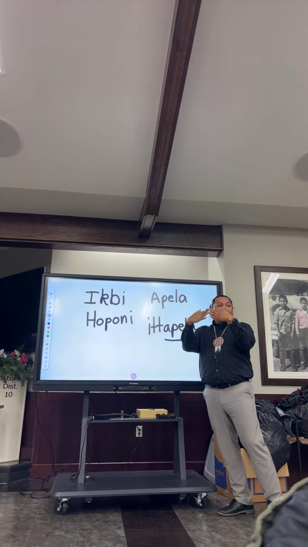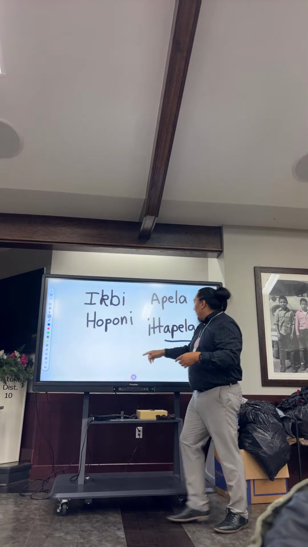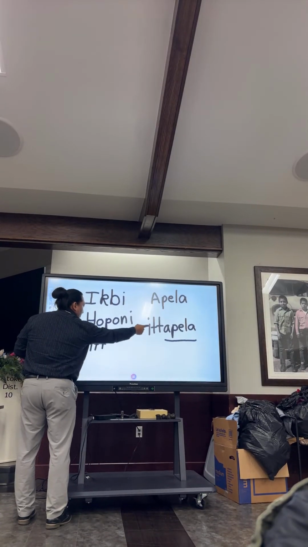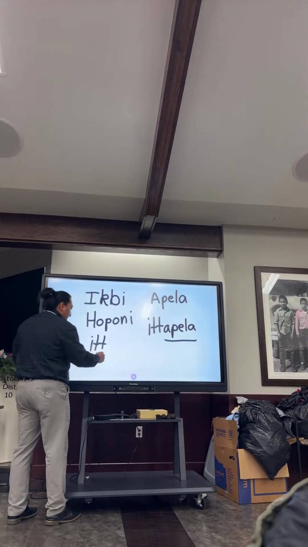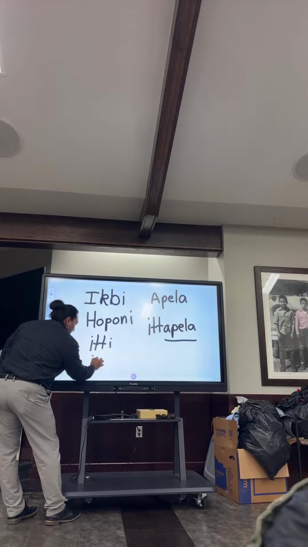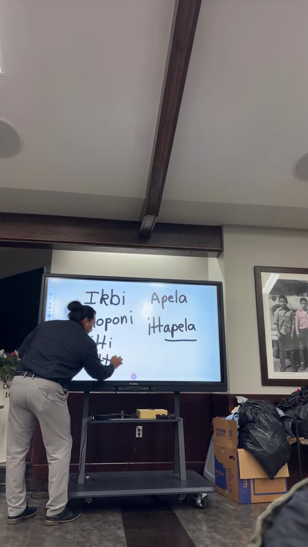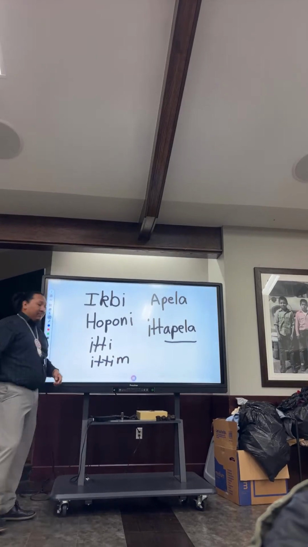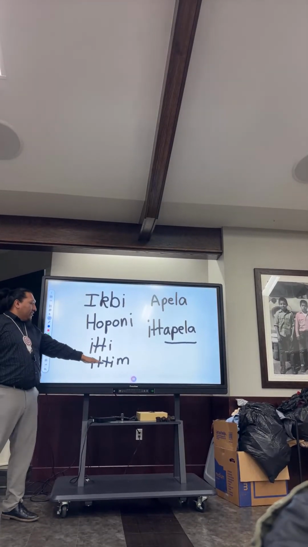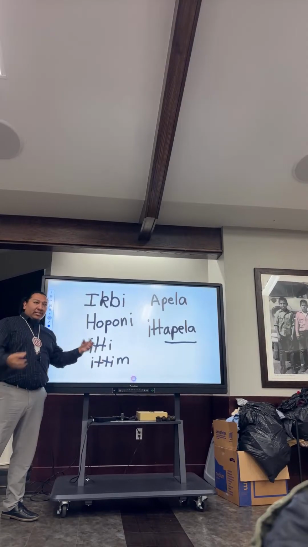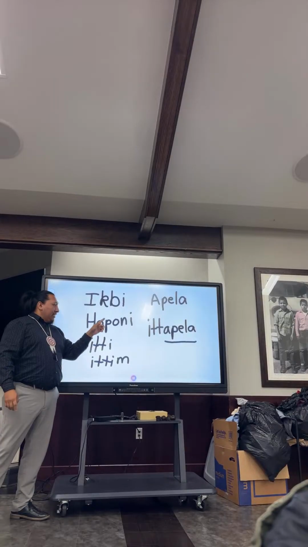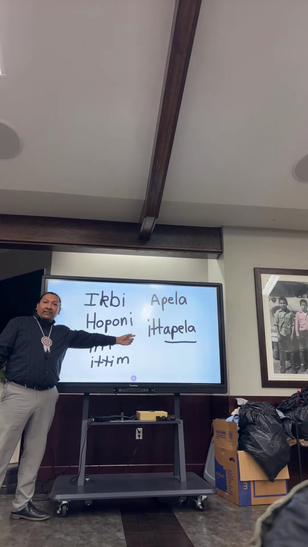So anytime you see it, in most words, it's going to be together, or two people as one, okay? So you'll see it in different variations like that one, ita. Then you'll see it, and then you'll see it also like itim. So this just means doing it with one another or doing it together. And so a good example of ita obviously is itapila.